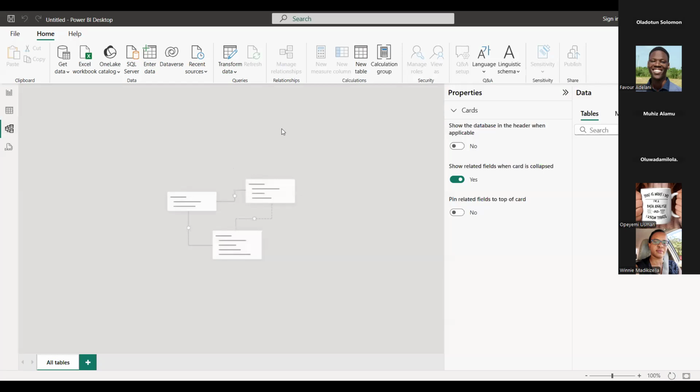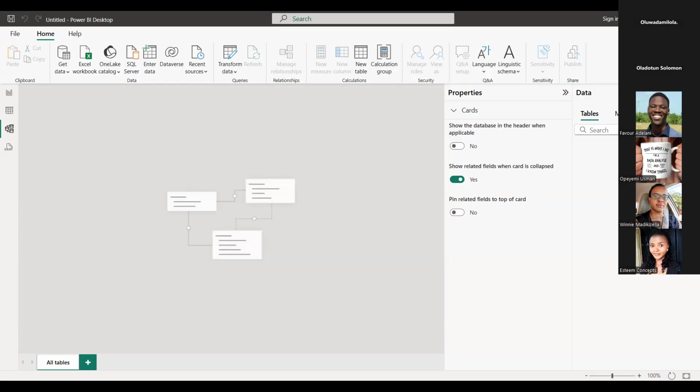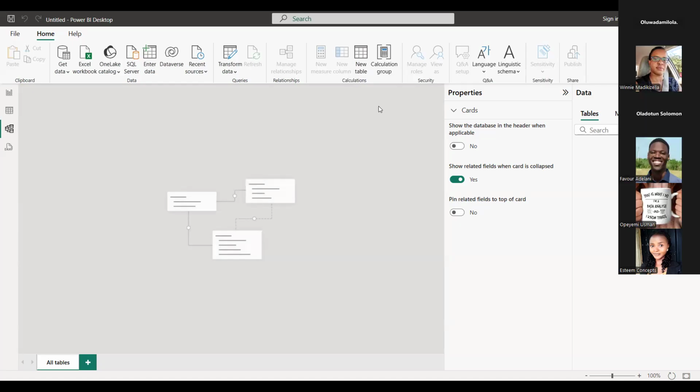How many of us were in the sessions where we went through data visualization in Microsoft Excel? If you were there, can you just signify by raising your hands? Okay, Oluwadamilala raised her hand. I can see your hand.